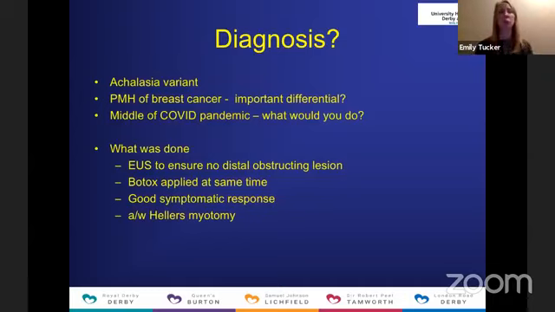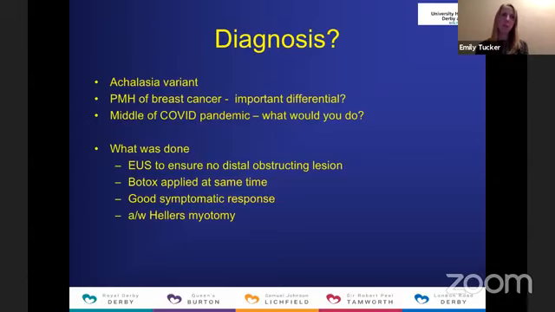First of all, I did talk to our upper GI surgeons, as obviously if a myotomy is being considered, they'd rather that you hadn't done any Botox before, because it can potentially cause scarring and make the myotomy a little bit more difficult. But as I say, it clearly was not going to be offered at that point, so we had to do something. What was also good in her is because her manometry was achalasia variant and not classic